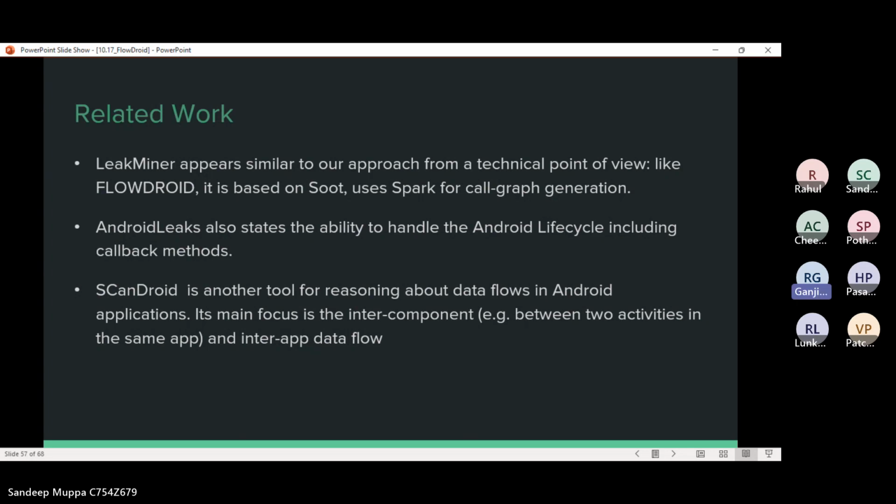Next is ScanDroid. It is another tool for reasoning about data flows in Android applications. Its main focus is the intercomponent example between two activities in the same application and also interapplication data flow. This also poses the challenge of connecting intent senders to their respective receivers in other applications.